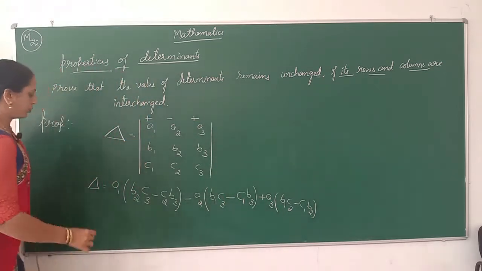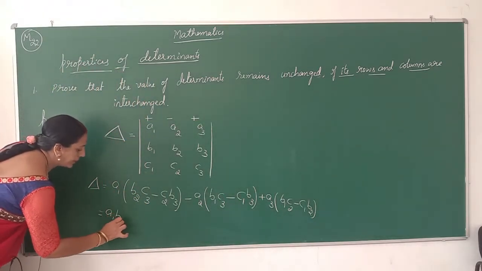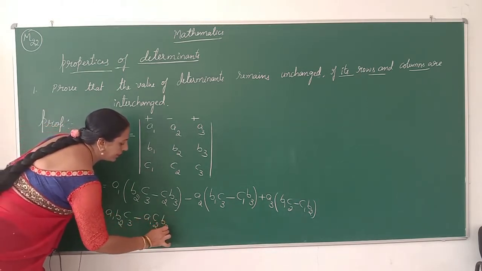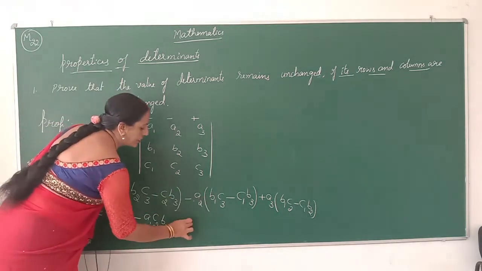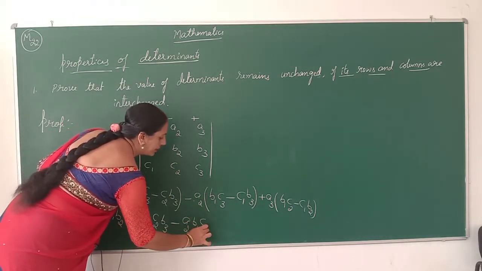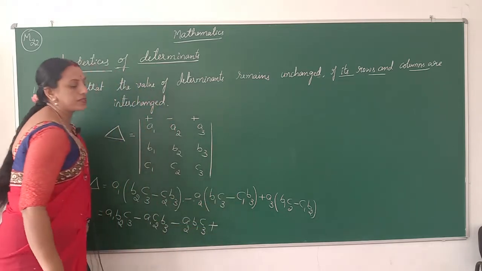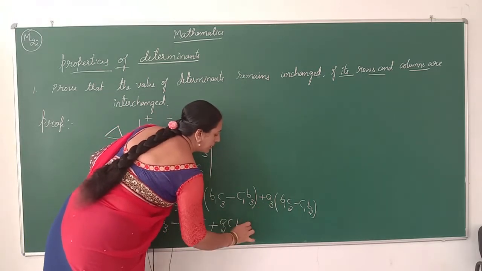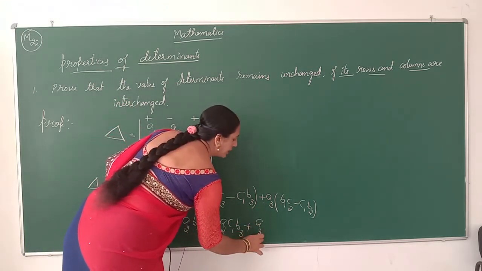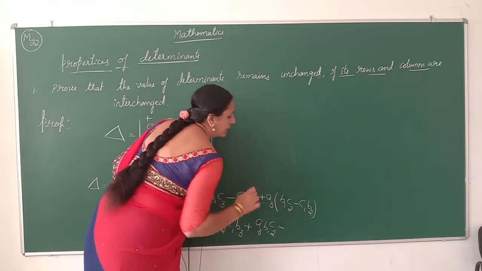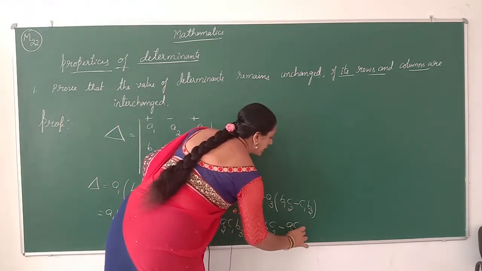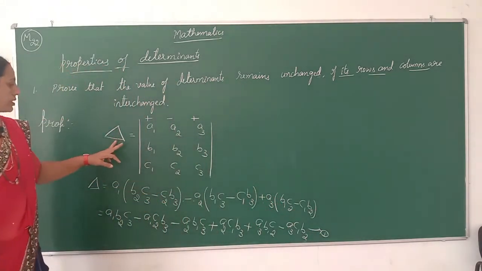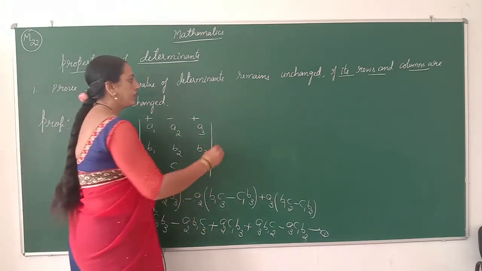After that we distribute: A1 B2 C3 minus A1 C2 B3 minus A2 B1 C3, and minus into minus is plus A2 C1 B3, plus A3 B1 C2 minus A3 C1 B2. Let this be called equation 1. That is the value of delta. Next we will consider